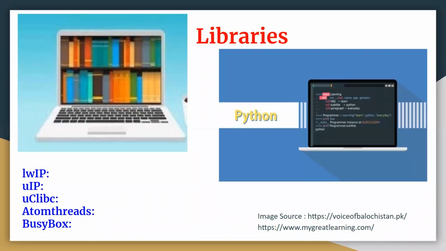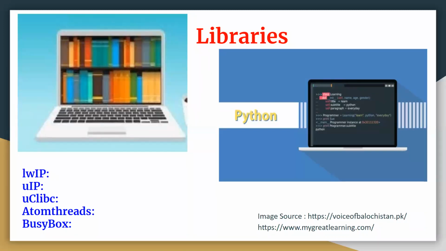Everything is very limited in those devices, so we need libraries that are lightweight. All the libraries we are going to study here have one property: they are lightweight in nature. Microcontrollers and embedded systems are resource constrained devices, and they require libraries, operating systems, or code that is lightweight in nature. The first library we are going to deal with is LWIP.